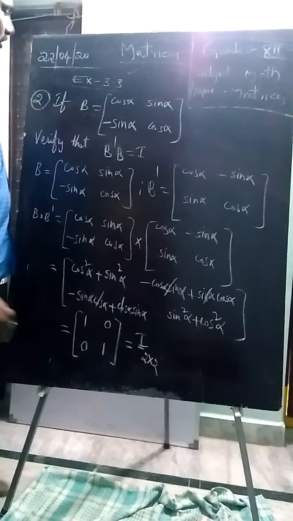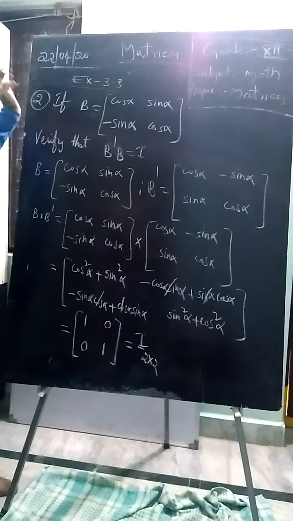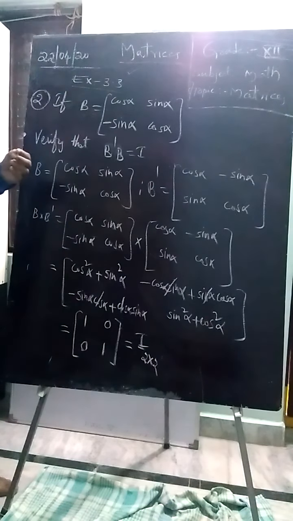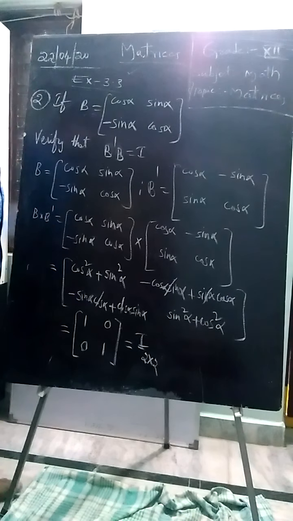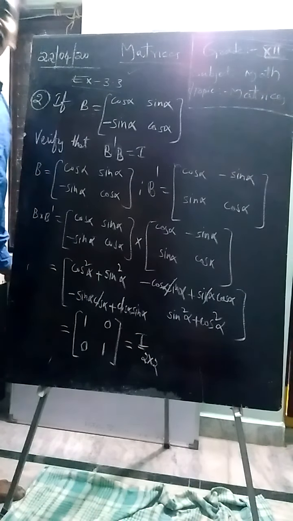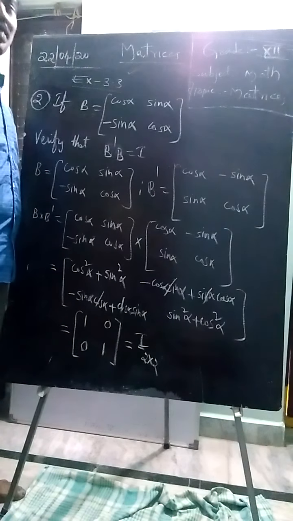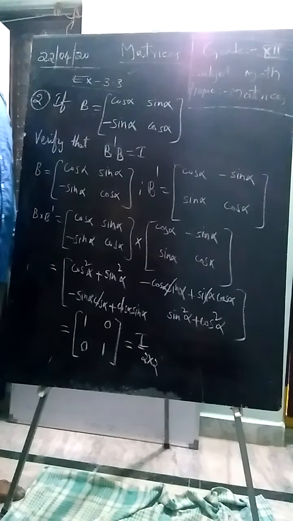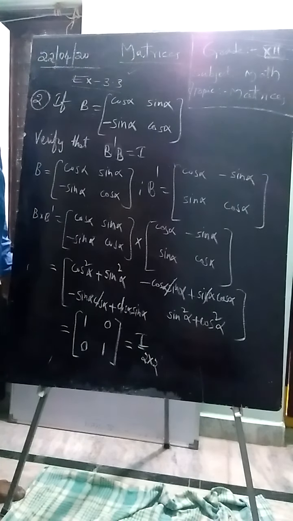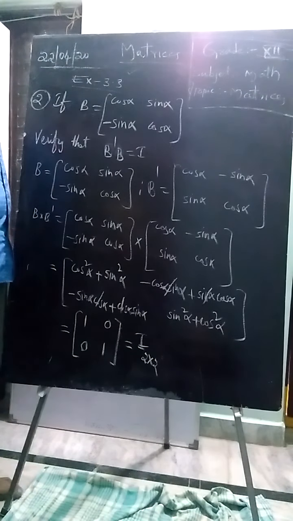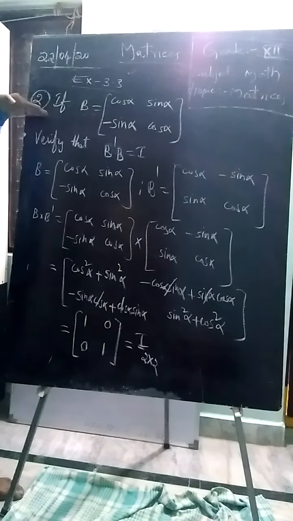Yes, students. In the previous problem we discussed one application on transpose of matrices, that is (A minus B) whole transpose equals A transpose minus B transpose. Wherever possible, subtraction between the given matrices we can apply, like (A plus B) whole transpose equals A transpose plus B transpose, and (AB) whole transpose equals B transpose into A transpose. Like that, you learned some properties in previous classes. Let us discuss one more application on transpose of matrices.